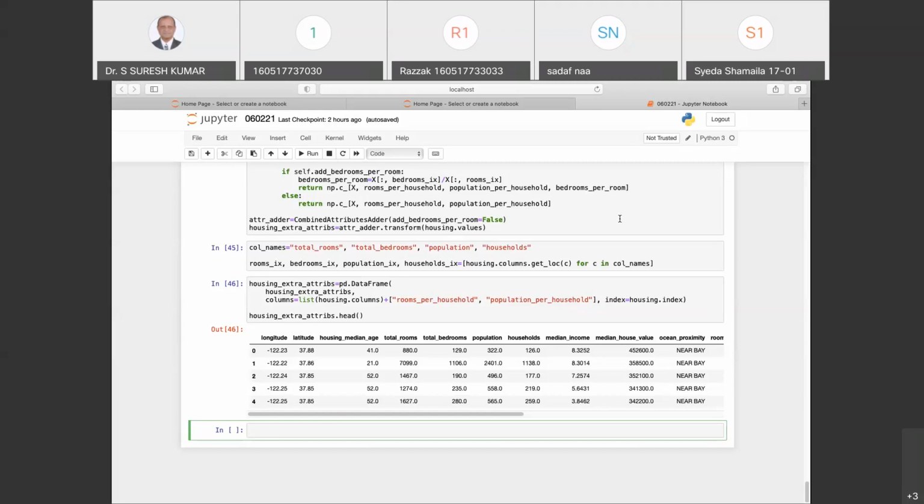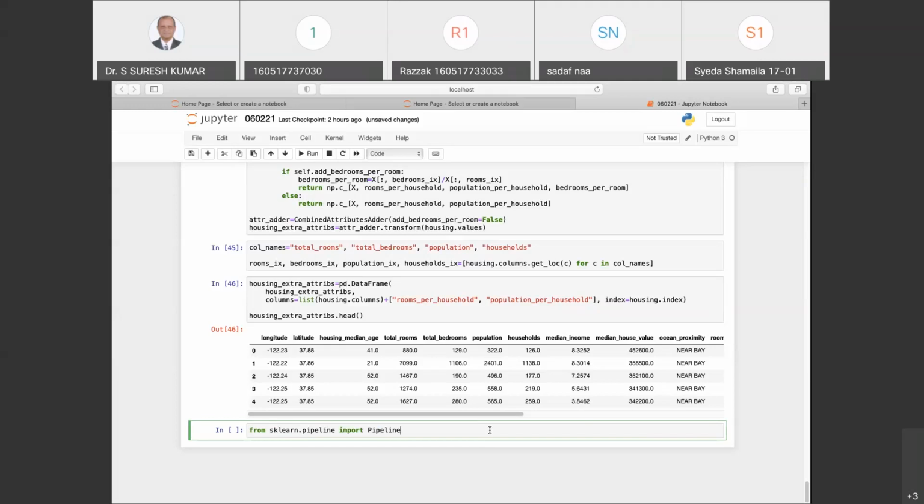Okay, let's continue. We said that we will create a small pipeline for the numerical attributes. How do I do it? From sklearn.pipeline, I will import Pipeline.